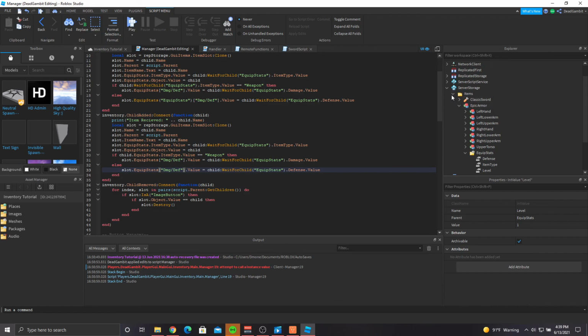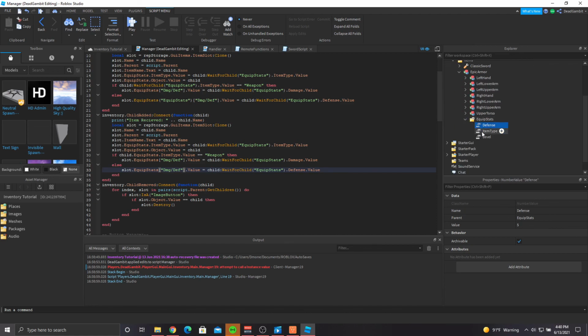Close that out. Open up server, storage, items. Open up epic armor. Events. Plot that equip stats. That value. File that way. And stat value. And that should be 5. Hey, maybe they do want me to specify it. File dot stats dot item type value equal to armor, and then